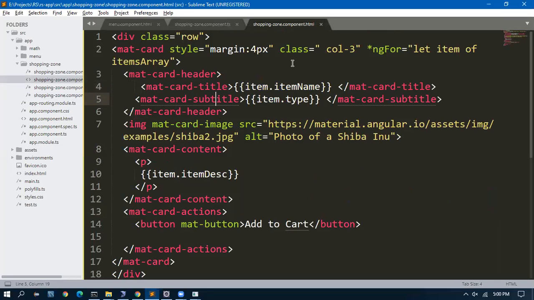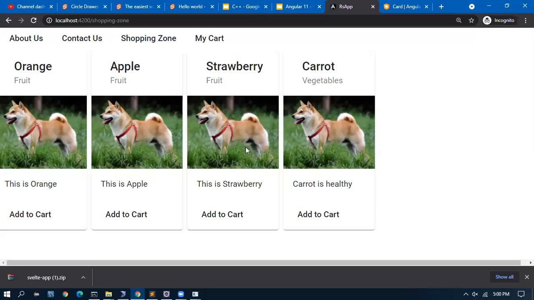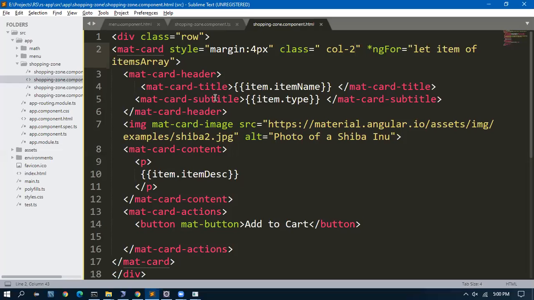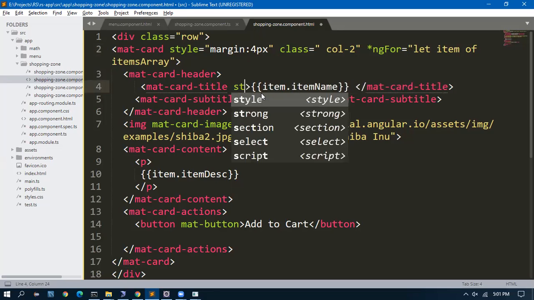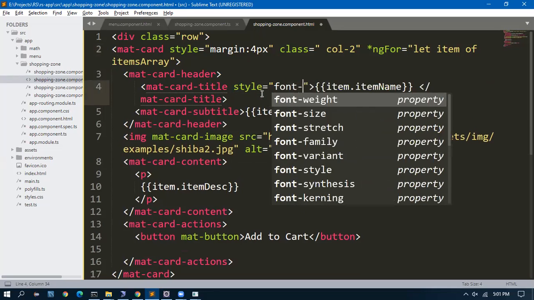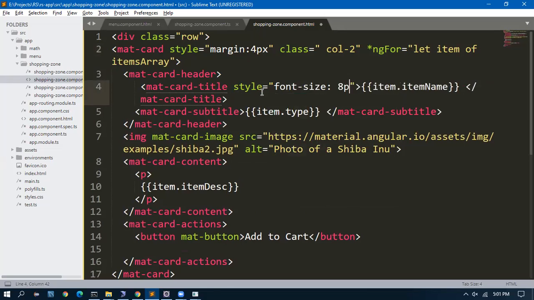It is not looking good. I'll make it to font size 8 pixel.